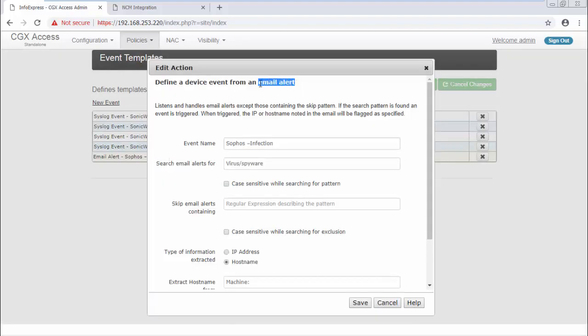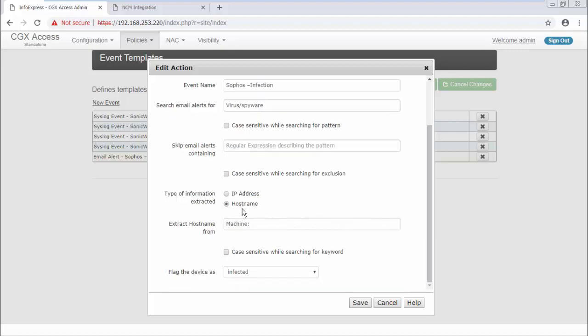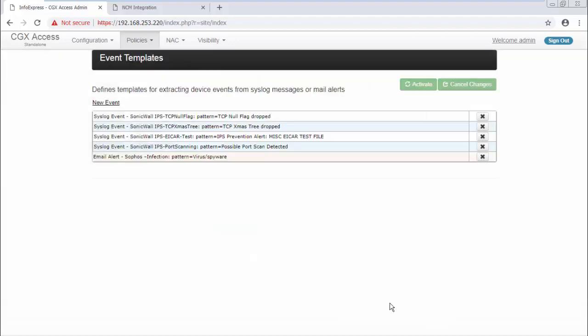So if the appliance receives an email from the Sophos server that has this key phrase in it, spaces would be allowed, we would then check the email for the host name, extract the host name and flag it as infected. A flag is just a marker that we can use to set policy. So that's just how it's been configured. So let's go back to